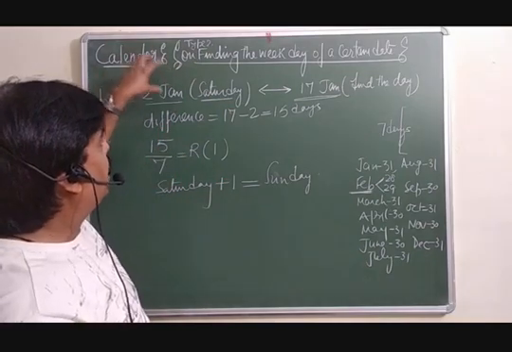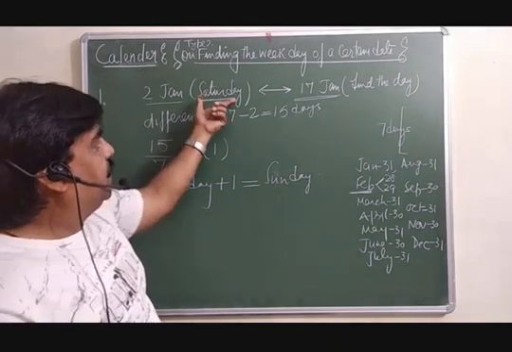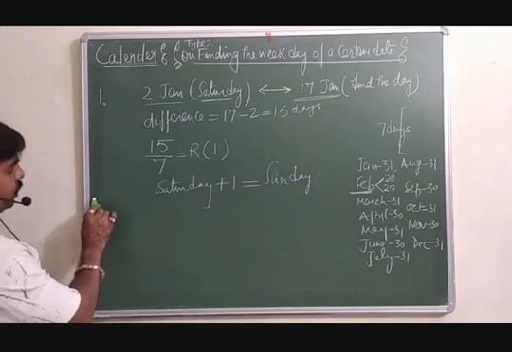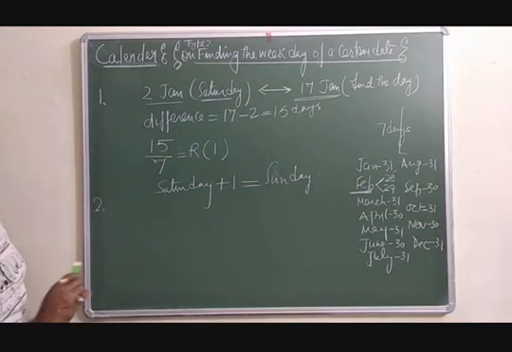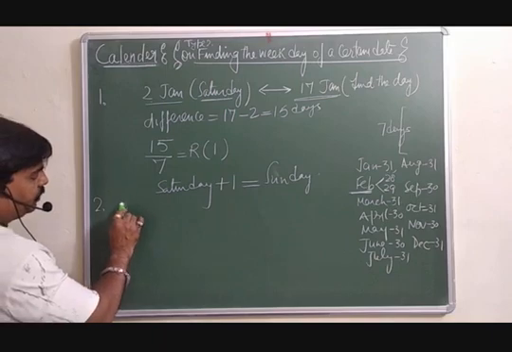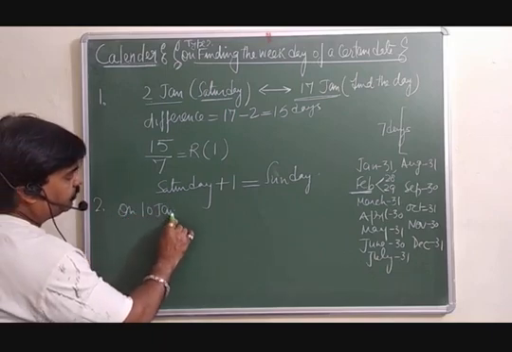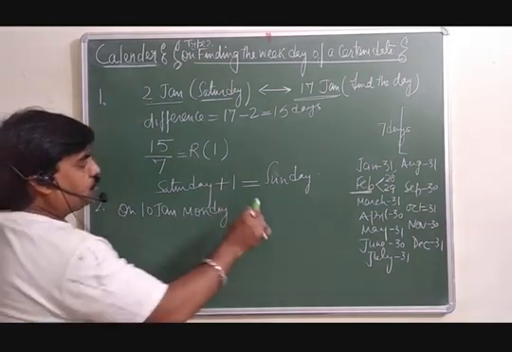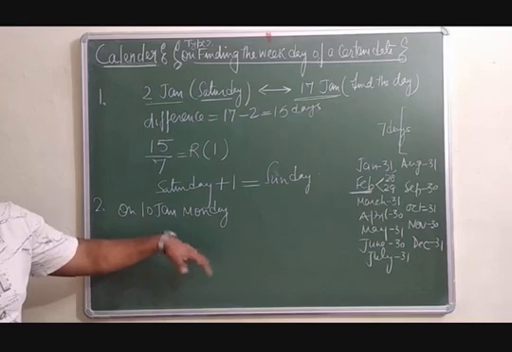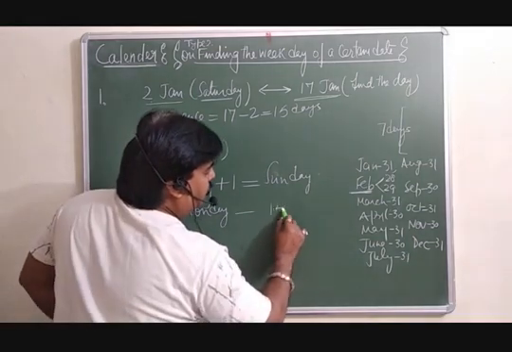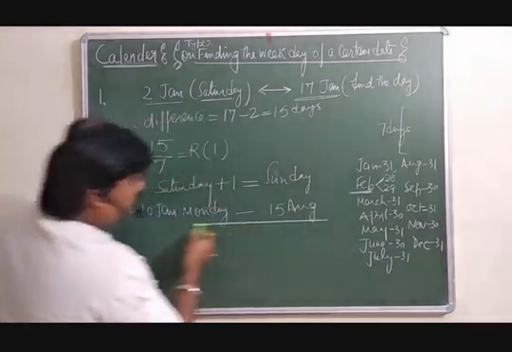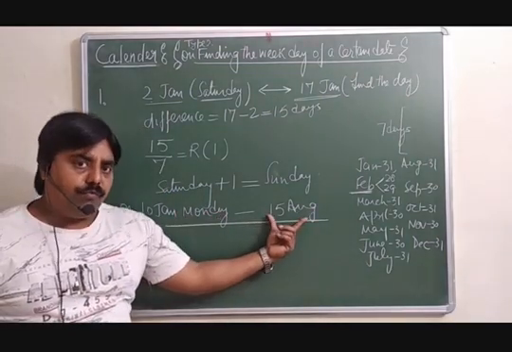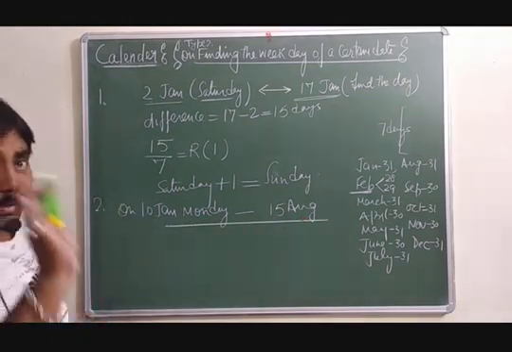If we are given a date of any month and that date falls on a particular day, then you must calculate likewise. See, suppose another question we are taking. For example, 10th January was a Monday, and we want to know which day will be on the 15th August. Suppose this information is given: on 10th January it was Monday. Which day will be on the 15th August of the same year? We are not talking about the year.